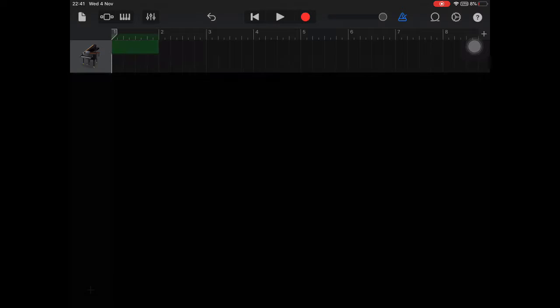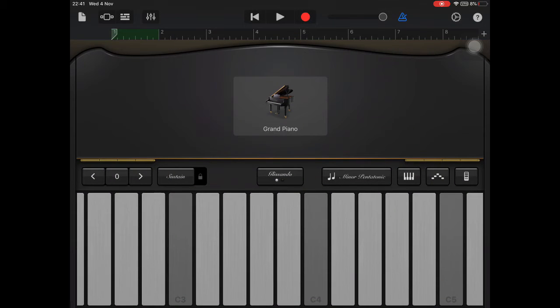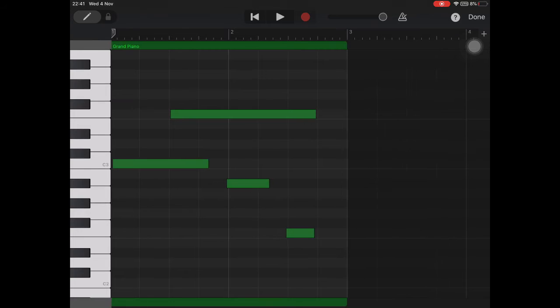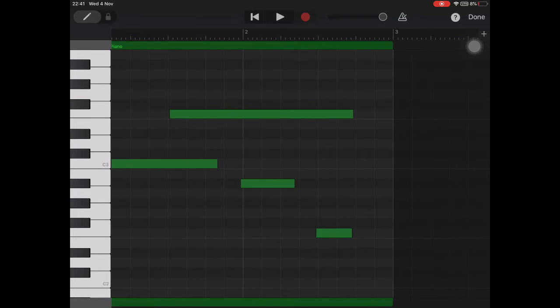Another way to produce is to go back to the instrument section and record live onto the keyboard. And here we can expand and edit our notes,